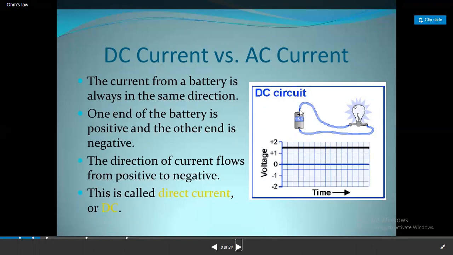The current is flowing from one end to another point, and the amount is the same throughout the time. That is what you mean by DC current, right? So by the definition, the direction of the current flow should be the same and the amount also should be the same, right?